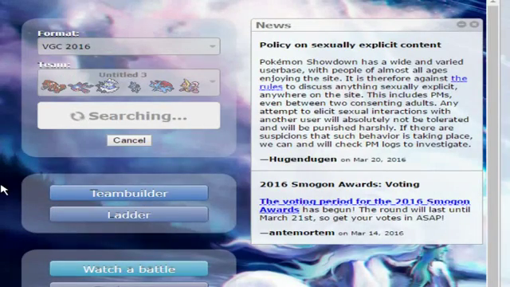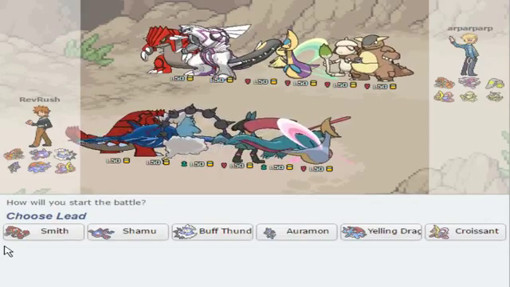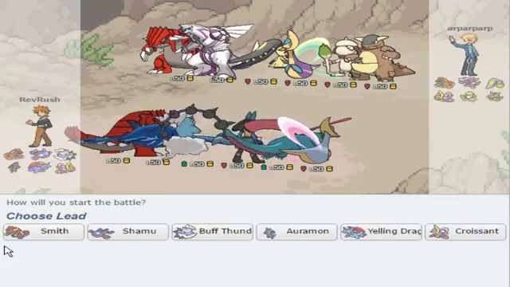So now we're gonna try our third battle here. That one actually went pretty well, I think. We didn't seem to mess it up too bad. The first battle was a little bit rough. I didn't even know my Hidden Power was the wrong type. So we're gonna have to deal with a